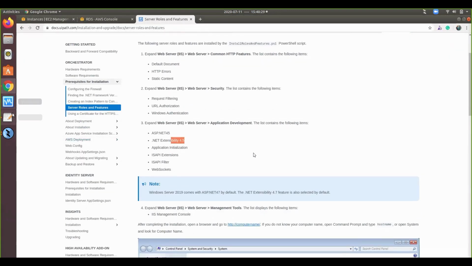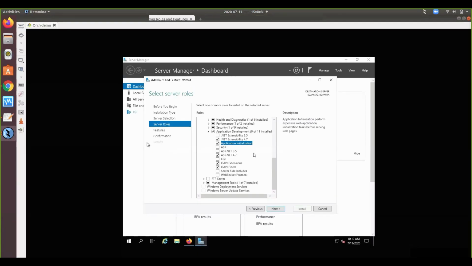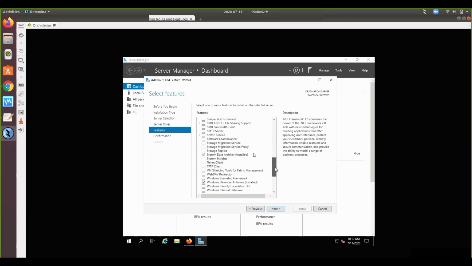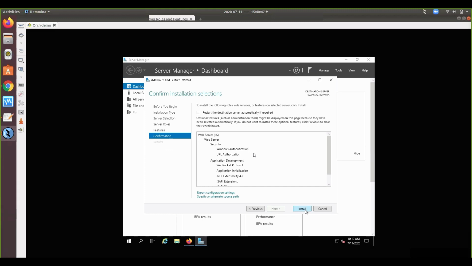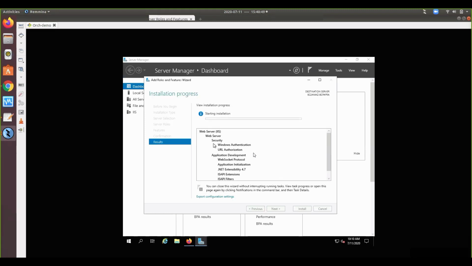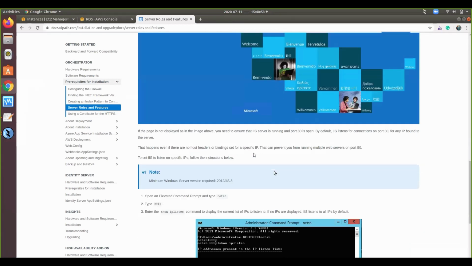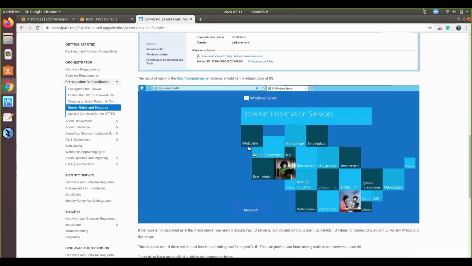WebSockets is not available in your components, so now go for the WebSocket protocol. Okay, and proceed with the next steps of installation. If your IIS installation is good enough, then you should be able to see this homepage.